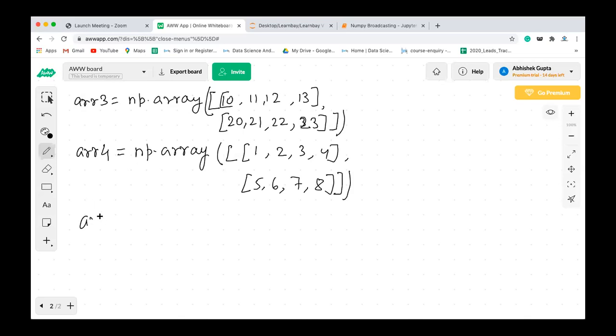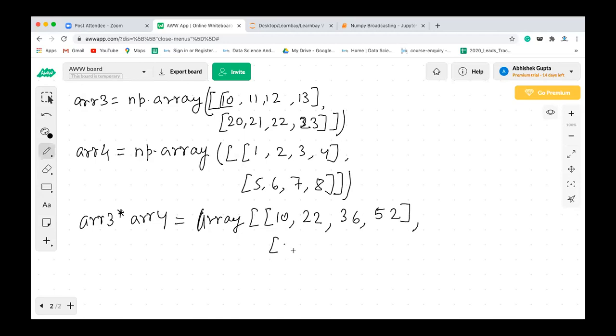Now let's perform the multiplication operation. If you perform array 3 multiplied by array 4, since the shape of both arrays is the same, element-wise multiplication will happen. So the result you get is a two-dimensional array. 10 into 1 is 10, then 11 into 2 is 22, then 12 into 3 is 36, then 13 into 4 is 52.